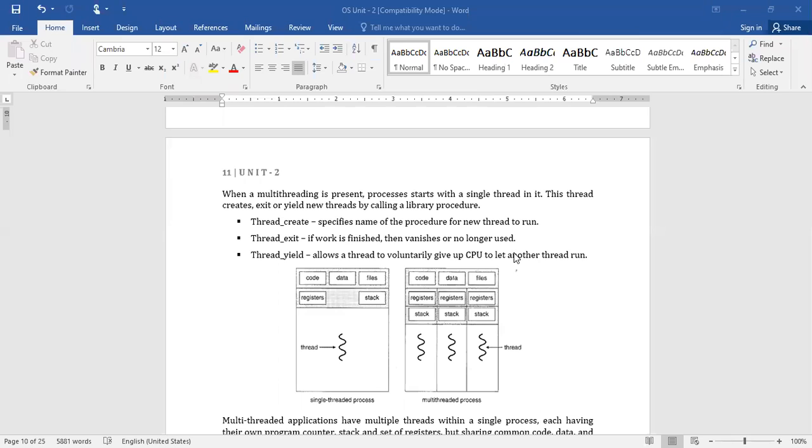Okay. Now, here you just carefully observe. Don't be confused. Once again, let me clear the things. A process. What is a process? A program in execution. You can talk about a C program which contains two user-defined functions along with the main function.